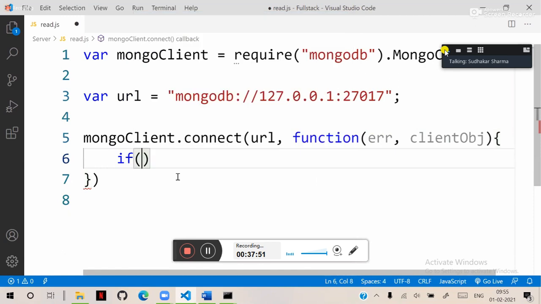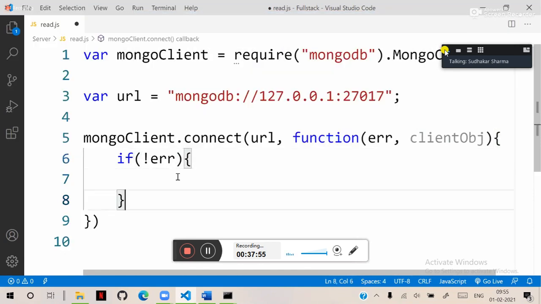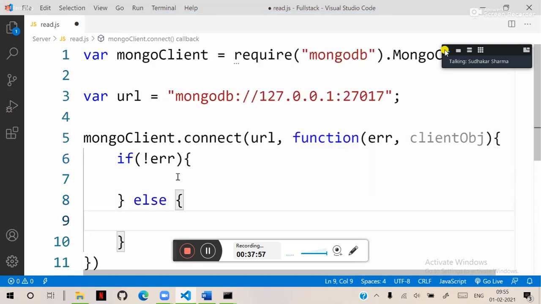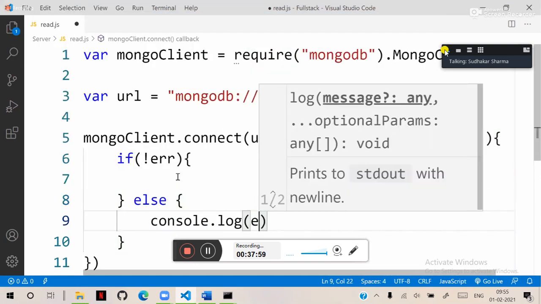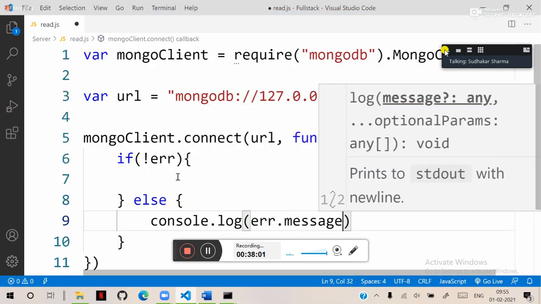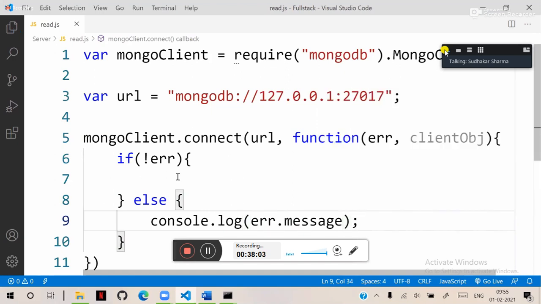We are writing a condition. If not error, what to do? We will decide. If error, then console.log that error.message. The error message we will display. If not error, that means it is successfully connected. In our previous program, once it is successfully connected, we were just displaying